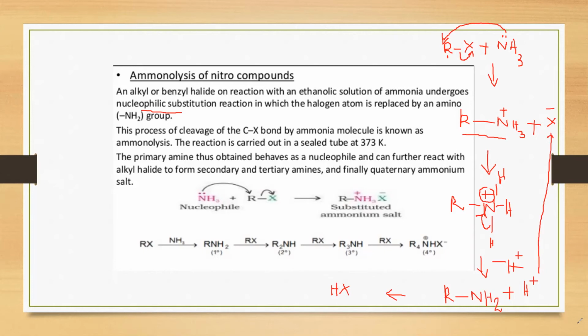But actually, one demerit of this ammonolysis reaction is that it won't stop at the primary amine stage. That is a very important point. It will not stop at the primary amine stage. Again, see, nitrogen has a lone pair, right? In an amine as well, in the RNH2 molecule, like NH3, that nitrogen also has a lone pair. So it can further attack another molecule of alkyl halide, and that nucleophilic substitution reaction will continue. I will explain that mechanism. All of you please listen.